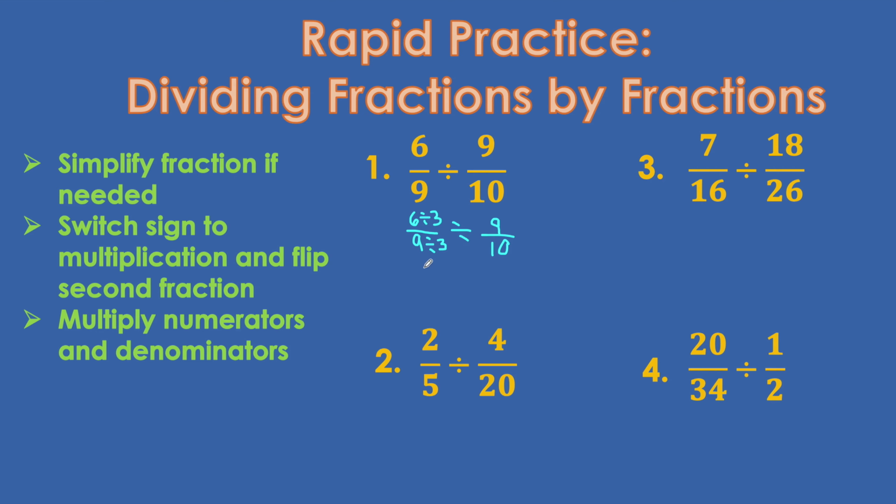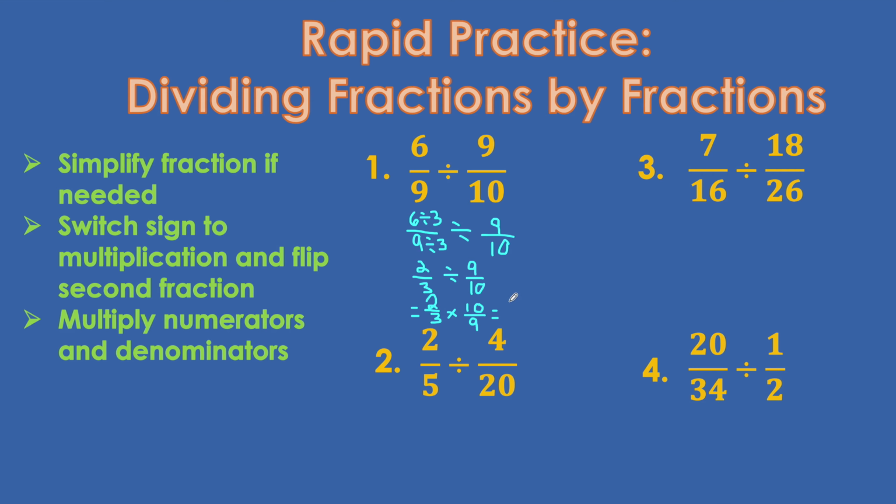Now we're going to evaluate. 6 divided by 3 is 2. 9 divided by 3 is 3. I have 2/3 divided by 9/10. Now we can change the sign. We can switch the sign. So we have 2/3 times 10/9,